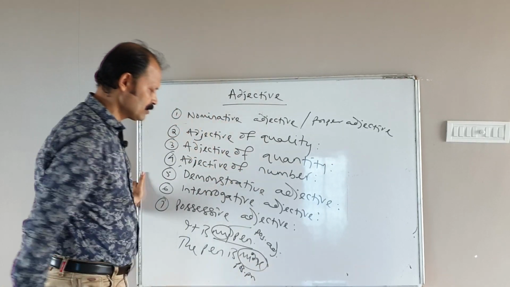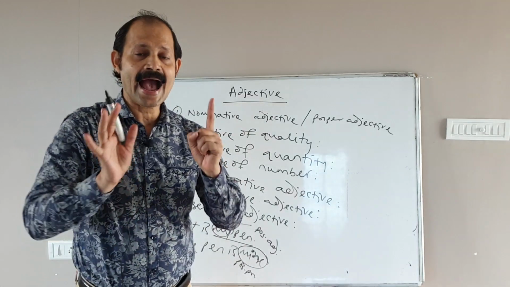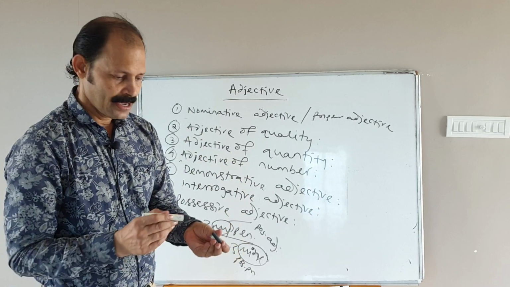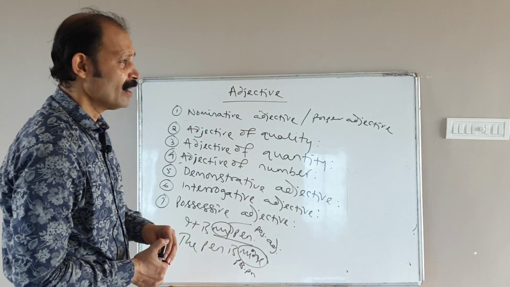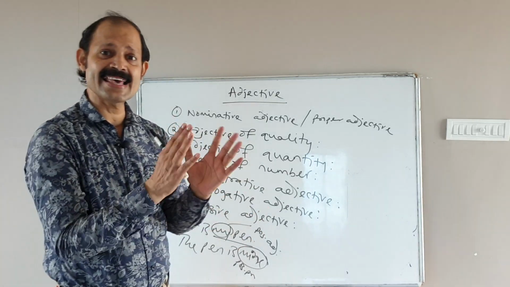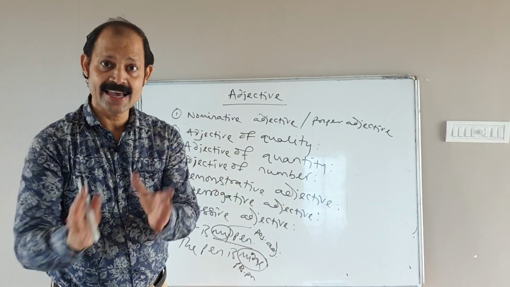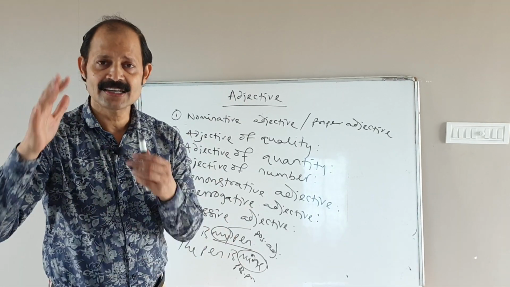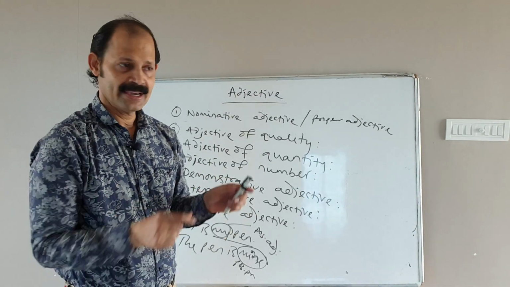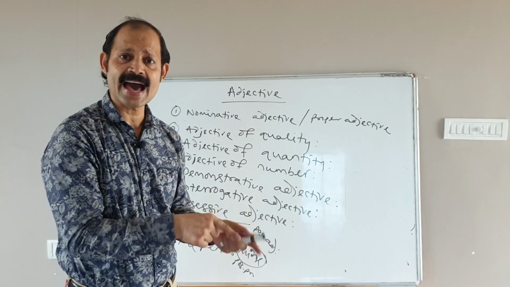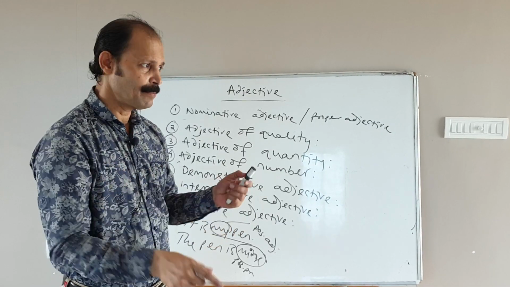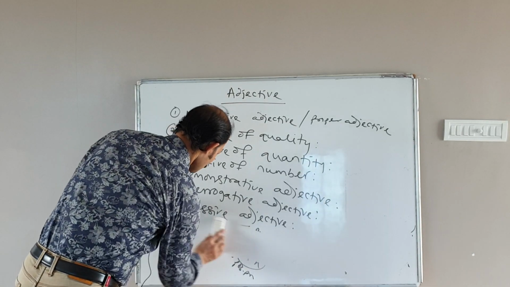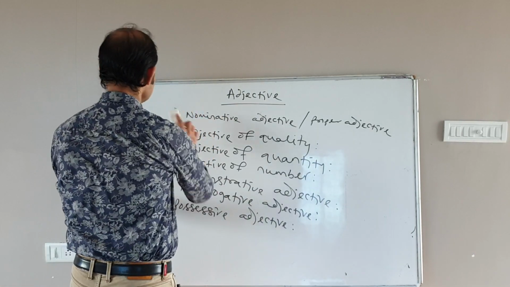Possessive pronoun. Similarly, it is our college. Our is a possessive adjective. The college is ours. It is a possessive pronoun. Suppose these are their bags. Their is a possessive adjective. The bags are theirs. Here theirs is a possessive pronoun. It is her scooty. Here her is a possessive adjective, but the scooty is hers. Hers is a possessive pronoun. Okay. Then possessive adjective, number 7.